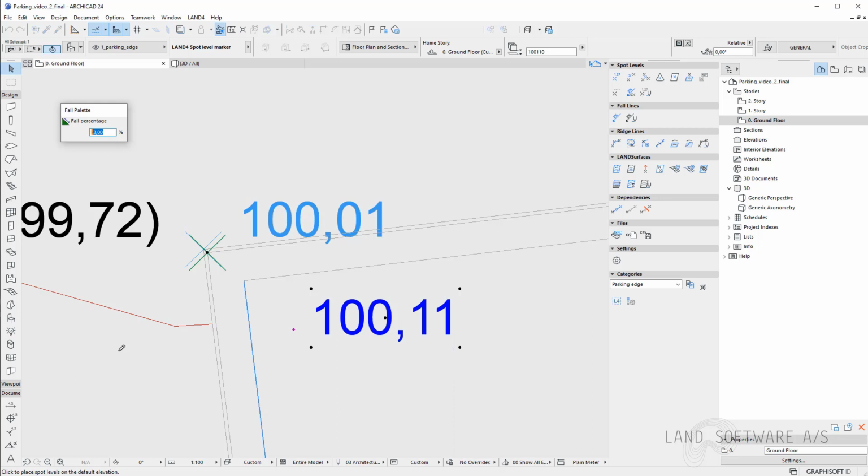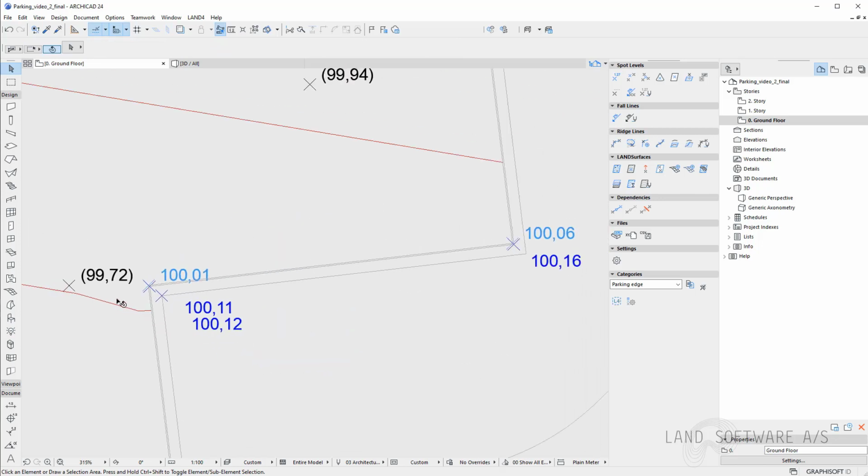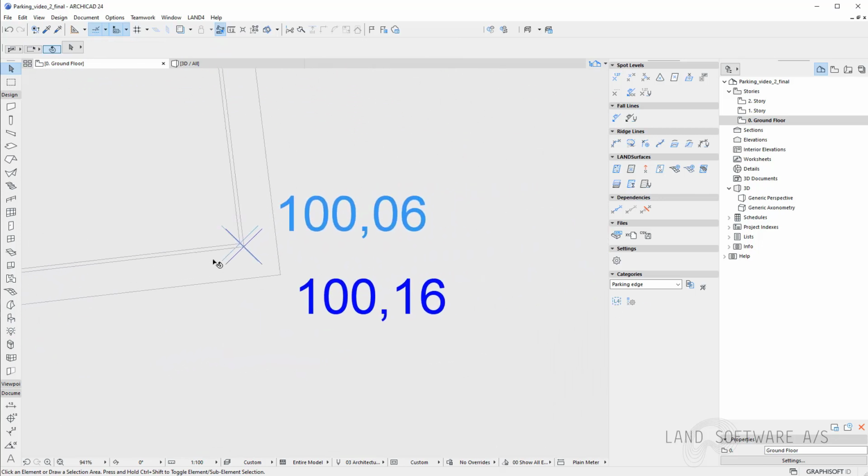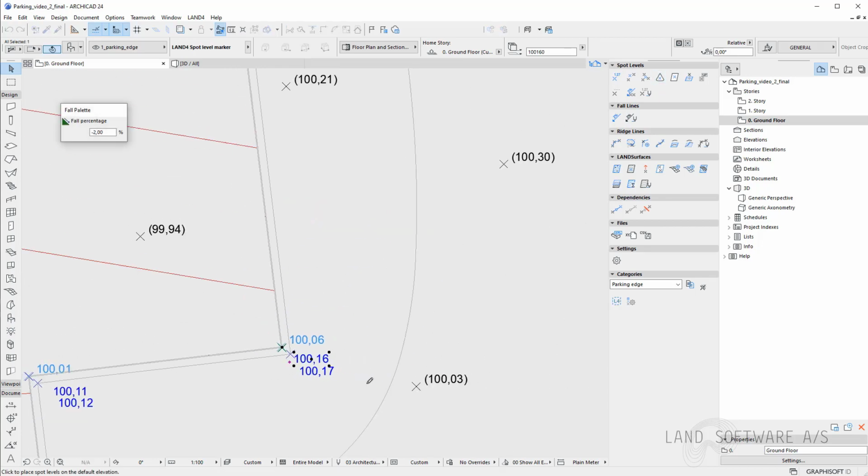Therefore, I will use a negative, and I will use 2%. Now I can place my spot level here, and again my text underneath. We can see there is a difference of roughly 1 centimeter in between. And now I can just continue the operation and do the same for each corner.